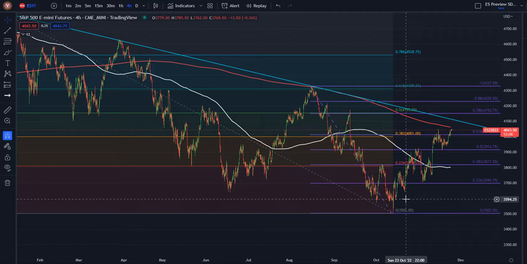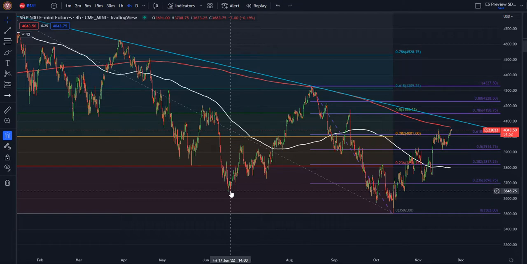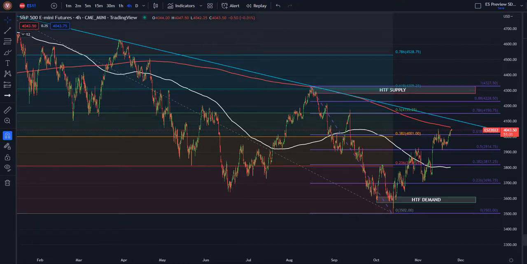To the downside, you have demand, an area at which an equity or asset is of such discounted value there are more people willing to buy it at that price than there are people willing to sell it at that price. You don't want to sell at the bottom and you don't want to buy at the top. You want to sell at the top, and you want to buy at the bottom. You want to buy into a demand zone where the price is just too good. So there's a great amount of demand for the product at that price. Okay, so simple enough. So I've already drawn a few,